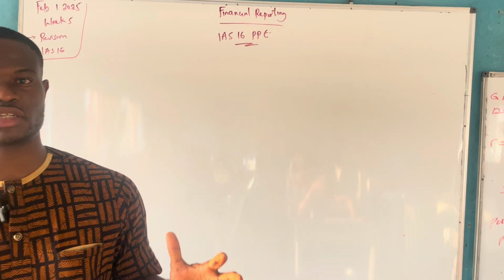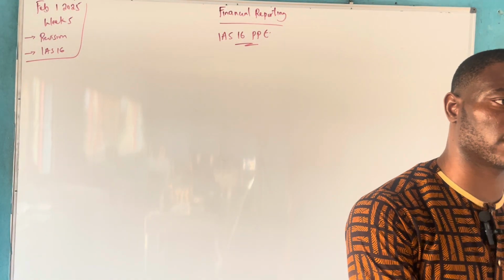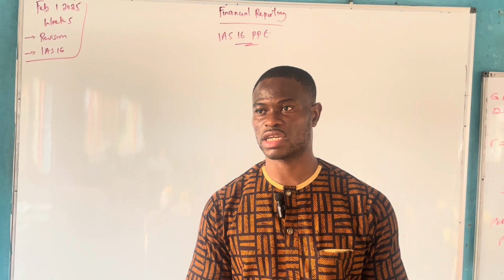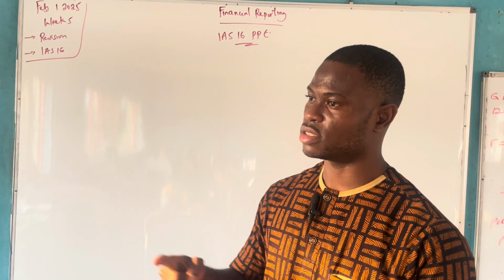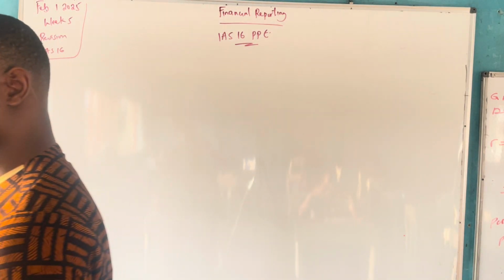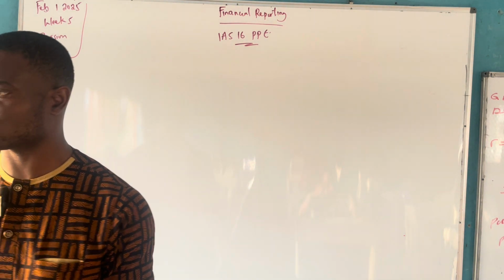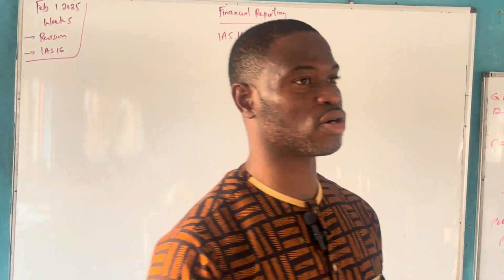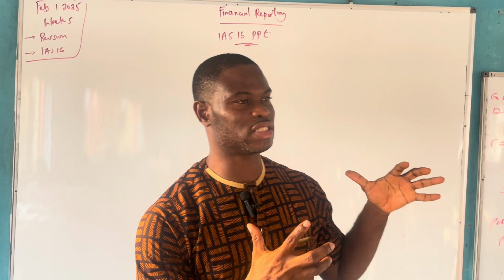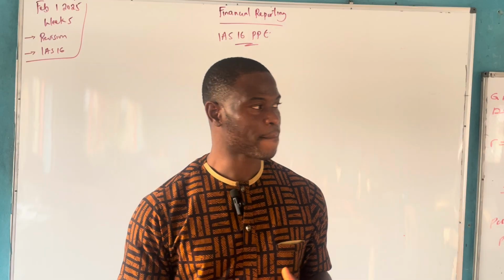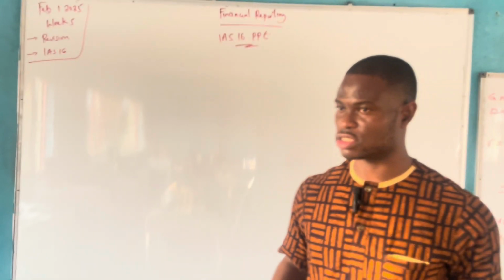Those are directly attributable costs. And these directly attributable costs, we said, include initial delivery and handling costs, installation and assembly costs, professional fees, site preparation costs, wages and personnel costs that are incurred for construction and acquisition of that asset, and testing costs, less sales proceeds from sales of samples. These are directly attributable costs. And I made it clear that any other cost that is incurred after the asset is ready for use,